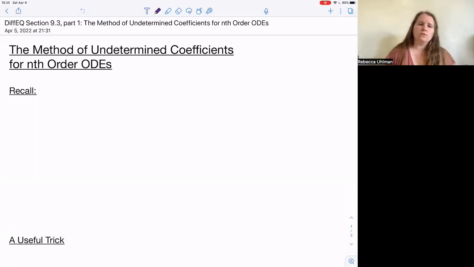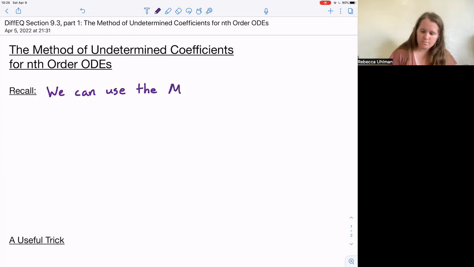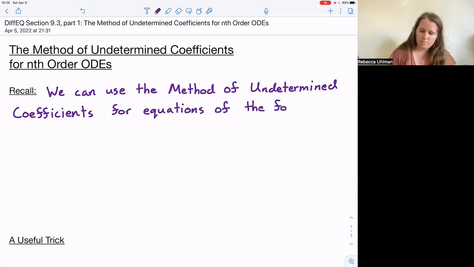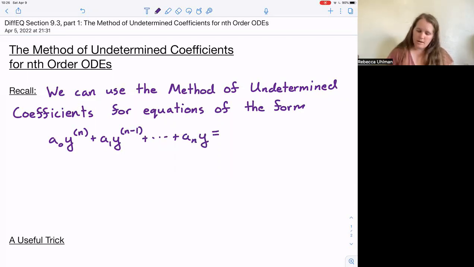Welcome to the method of undetermined coefficients for nth order ODEs. So recall, we can use the method of undetermined coefficients for equations of the form a naught times the nth derivative of y plus a1 times the n minus first derivative plus all the way down to plus a sub n y equals f of x,